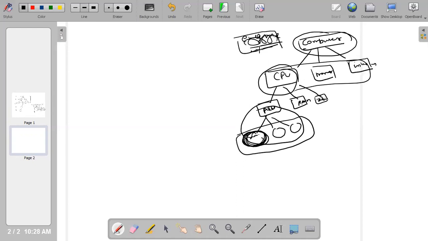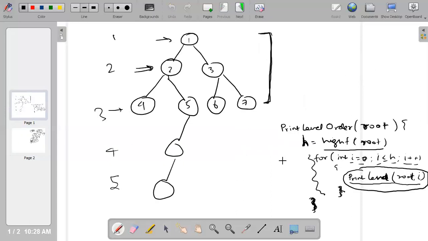So in real life, any time you are getting some problem and you feel it is complex, try to establish the pattern, how we can reduce it to a smaller input. So how did I reduce it? This is a complex problem, I don't know how to solve it. So my thought process started: if I can print this level, this level, this level, this level, then the problem will be solved. But how many levels are there, I don't know. To know how many levels are there,